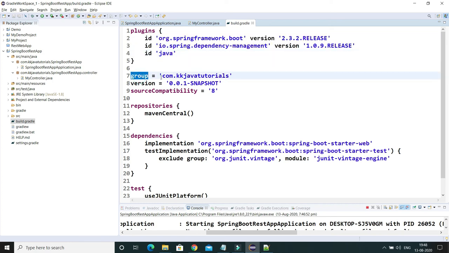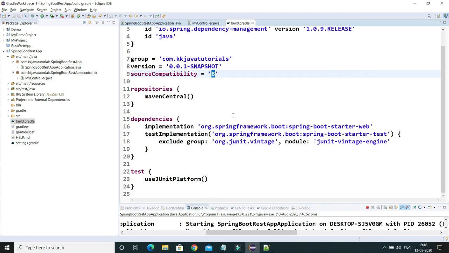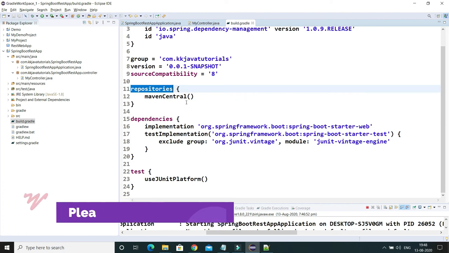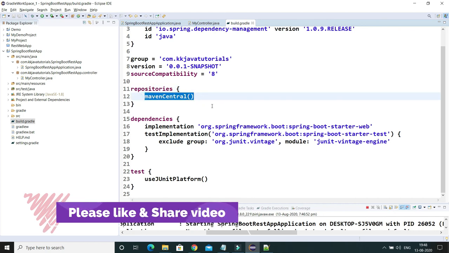This is the group ID, which we specified while creating the project. This is the snapshot version. It indicates your project is in the development phase itself. And here I have specified source compatibility as 8. You can specify it as per your requirement. And Gradle projects basically support Maven, Ivy, JCenter. These are basically the repositories supported by Gradle, right?